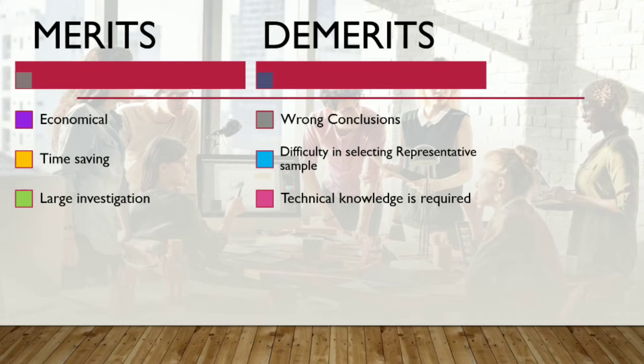It might happen the sample is very much different from the population and it is not suitable for the people who is not having accurate knowledge of statistics and choosing a sample. That means a person who is not having any specialized knowledge about how to pick a sample from the universe, it might give wrong conclusions again. So a representative sample is difficult to obtain from the universe. So these are the merits and demerits of sample methods.